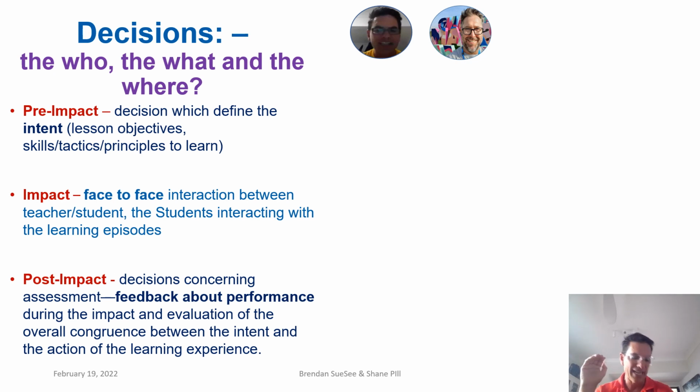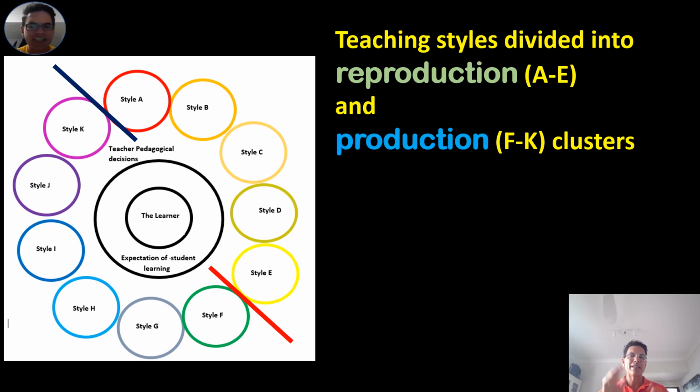in these three places, which are the pre-impact set, decisions which basically define the intent or the objective of the learning experience, the impact set, the face-to-face interaction between the teacher and the students, and the post-impact, which has to do with usually feedback about the performance during the impact set and looking at the congruence. When you look at those decisions, who's making them, where they're being made, and about what, you get these 11